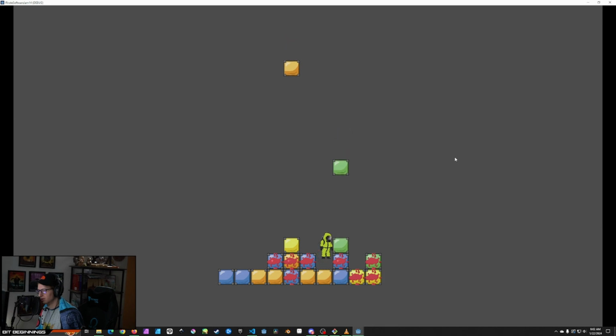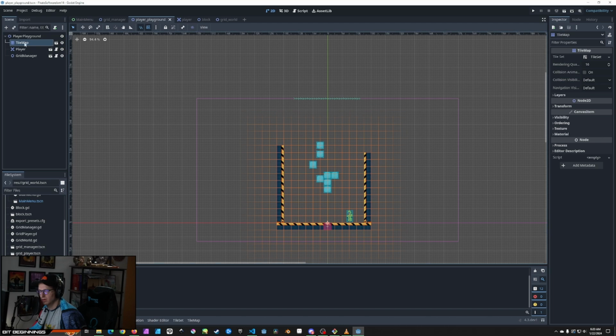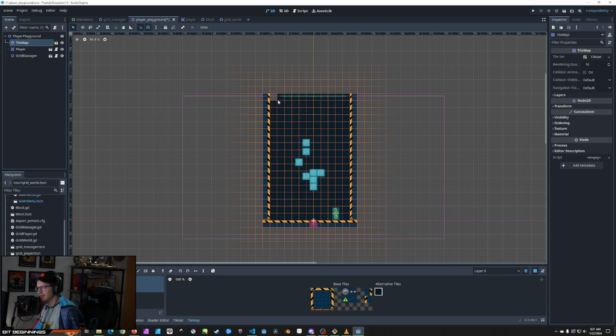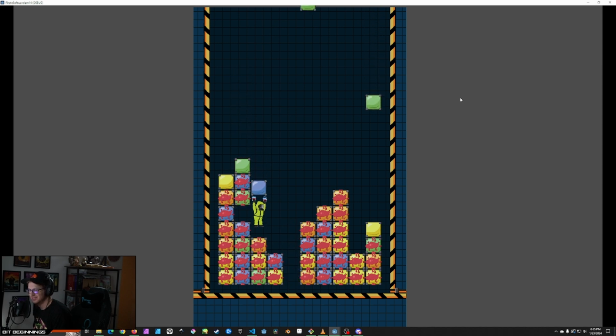So after I had things working more correctly, I decided to go back to the tile maps and use the tile map editor to give our game a more interesting background. I still needed to make some adjustments to the block placing on the bottom of the stage, and as you can see, there was some weird issues when blocks got cleared, but you know, this is a game jam and